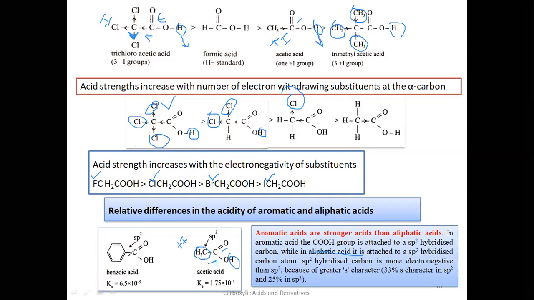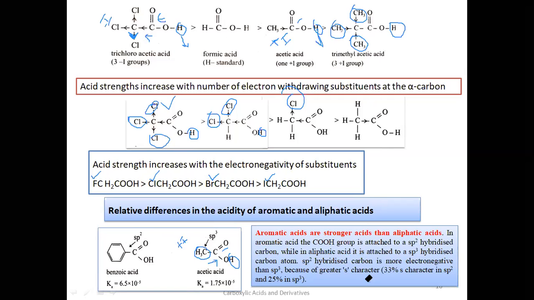Whereas if you see this one, this is an sp3 carbon here. Whereas in this one, this is a double bonded carbon. The carbon to which this carboxylic acid is attached is sp2 hybridized because it is double bonded. Now, can you tell me which one is more electronegative between sp2 and sp3? Between sp2 and sp3, which one is more electronegative? sp2 is more electronegative because if you see here,